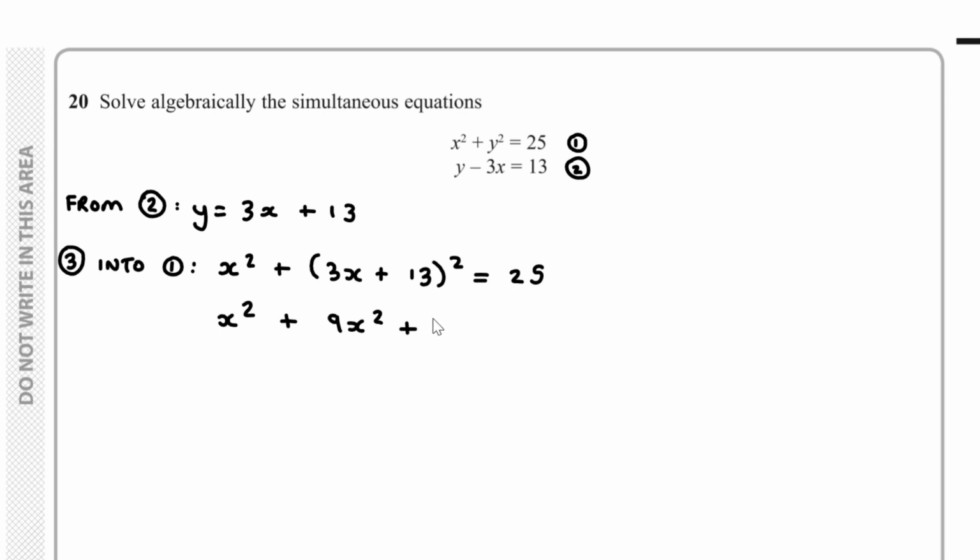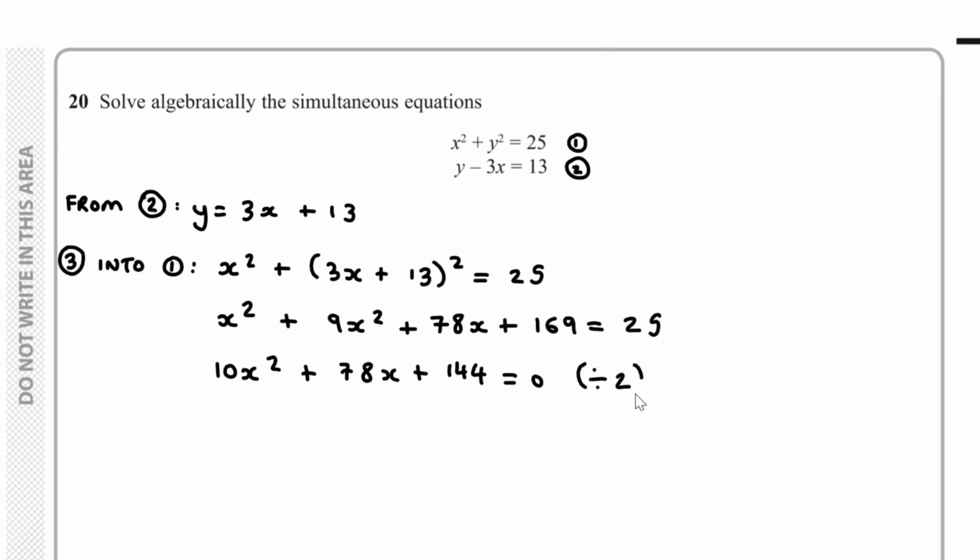So I've got here 78x plus 169 equals 25. If I take everything over to one side and simplify, we've got 10x squared plus 78x plus 144 equals 0. If I divide by 2,